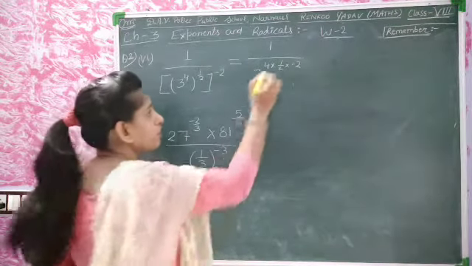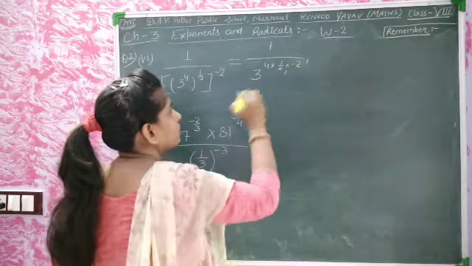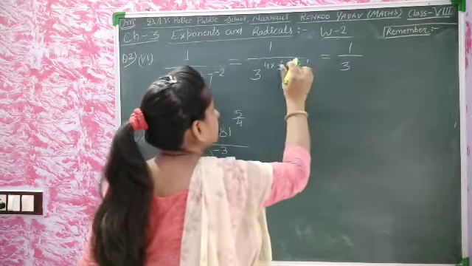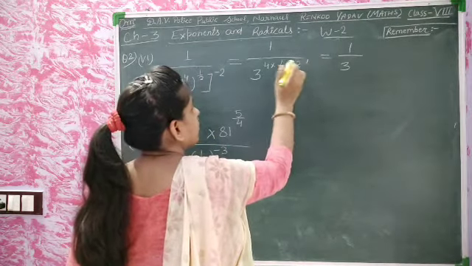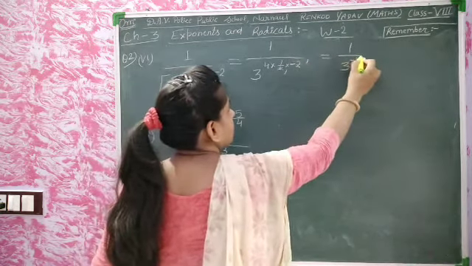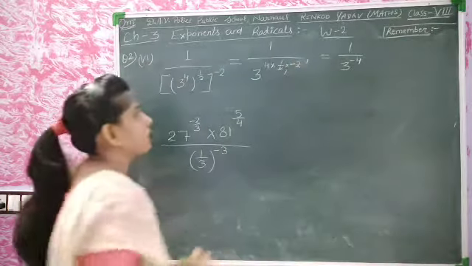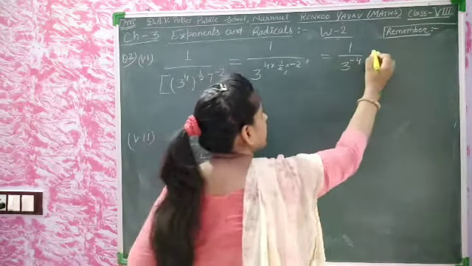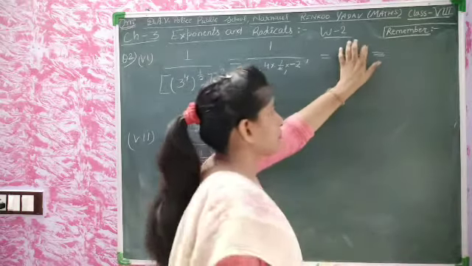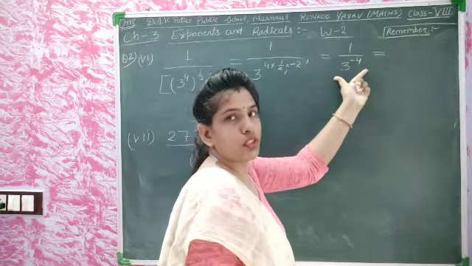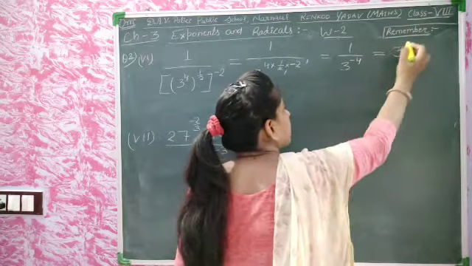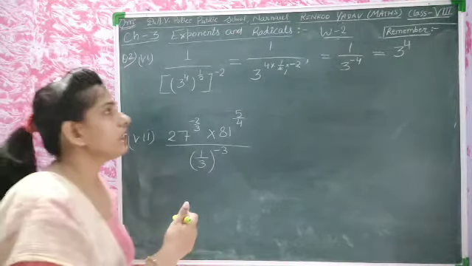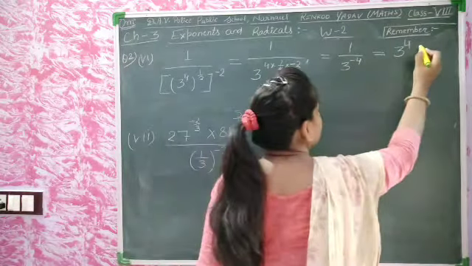Done? 2 1 ja 2, 2 1 ja 2. We will get here 3 to the power minus, there is the negative sign, minus 4. Minus 1 and minus 1 into 4, minus 4. And we will get the reciprocal. इसका रेसिप्रोकल, इस नंबर का रेसिप्रोकल क्या हो जाएगा? 3 to the power 4. It's a positive power. We will get here 3 to the power 4.